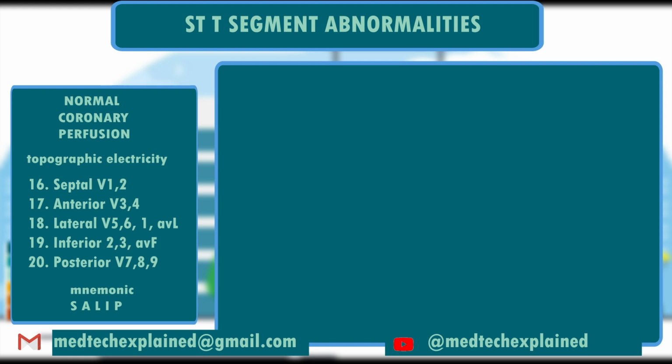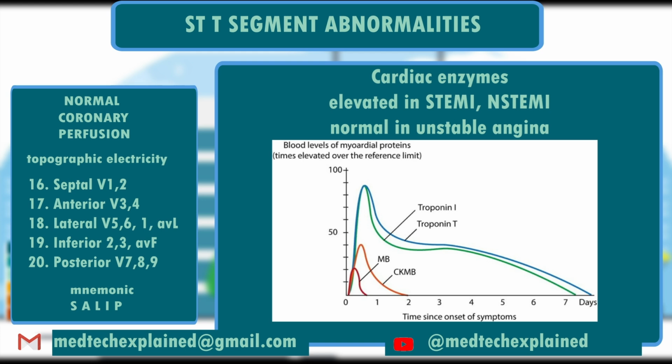In addition to looking for ST-T changes in the ECG, we also ask for cardiac enzymes. This is to differentiate the three main types of acute coronary syndrome. These help either to confirm STEMI and non-STEMI, or to exclude cases of unstable angina which have abnormal ECG but normal cardiac enzymes. The first cardiac enzyme is CK-MB, which appears faster in the blood at about 3 hours,